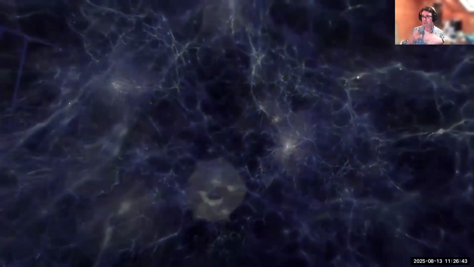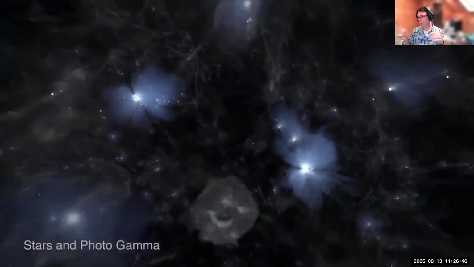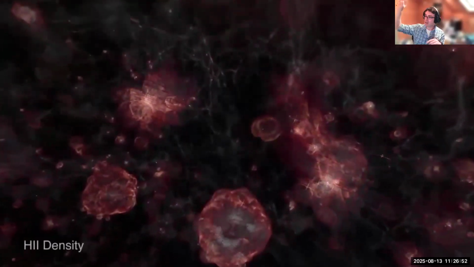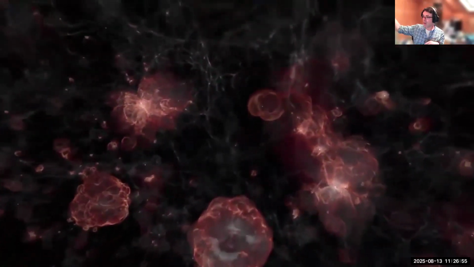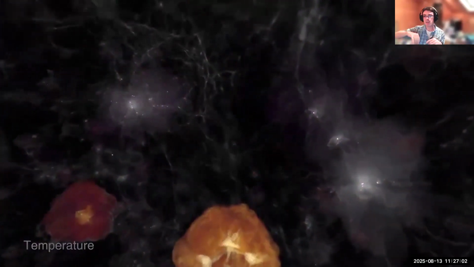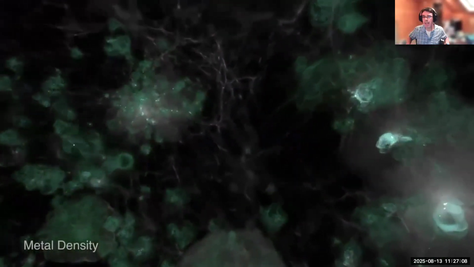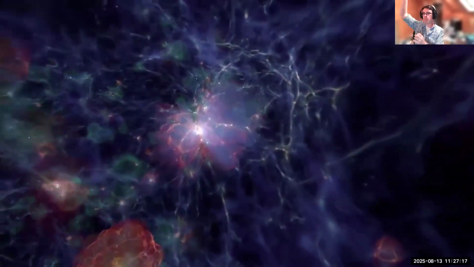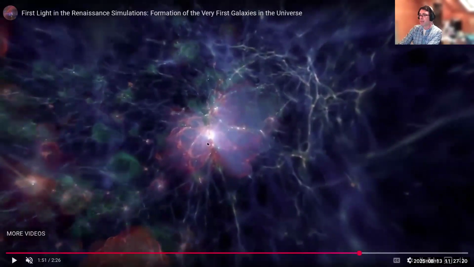So basically, the way that we expect the universe has worked is that in the early stages there were lots and lots of electrons that were separated from their atoms. So we've got a fully ionized universe. Then there was a period of recombination about 300,000 years after the Big Bang, during which it was optically thick to visible light. And then after galaxies started lighting up, basically what would happen is there would be ionizing electromagnetic radiation. And then the way that it would break out, and you can see that here, the way that these stars forming here would ionize their regions was highly dependent on the structure and